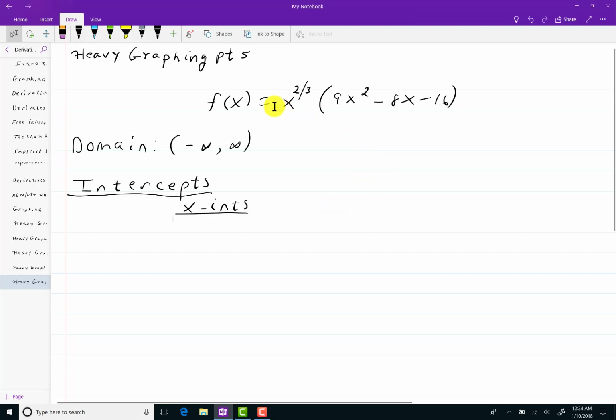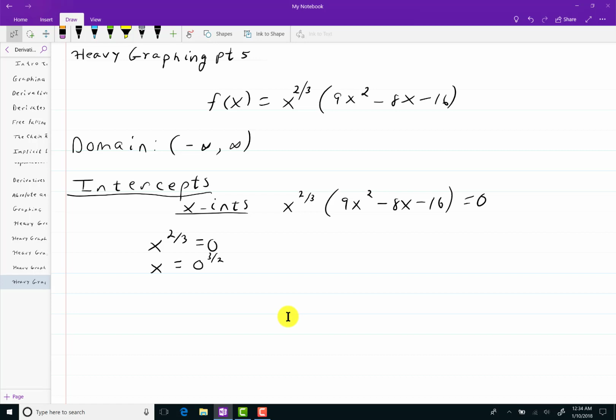So we'll set this thing equal to 0. And of course, to solve an equation like this, you set each factor equal to 0. If x to the 2/3 is equal to 0, all I have to do is take both sides to the 3/2 power. 0 to the 3/2 is still 0. And then this piece,